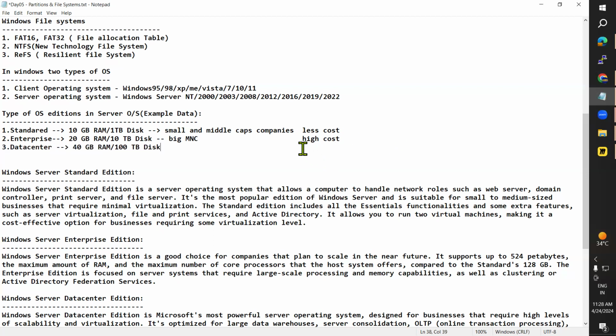And it is too high cost. Too high. Okay. So based on the cost and